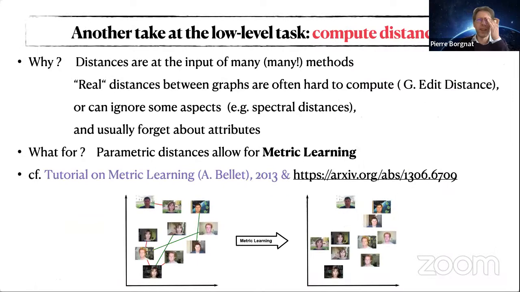So more recently, because our colleagues from Saint-Etienne are also experts in machine learning, in metric learning, not only machine learning. That means the domain of machine learning where you try to adapt the distance or the metric to the dataset that you have. So here, taken from the tutorial of Aurélien Bellet, if you have a set of data